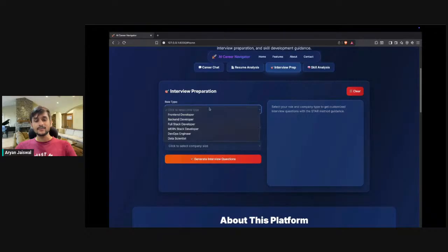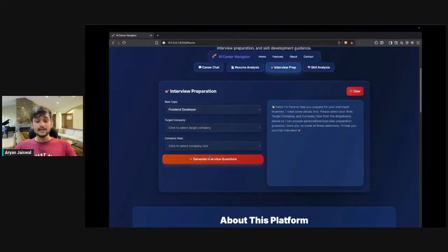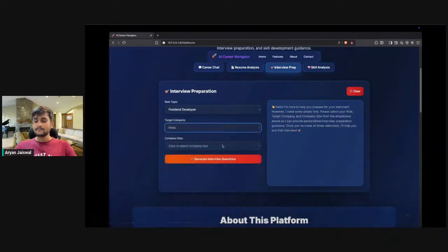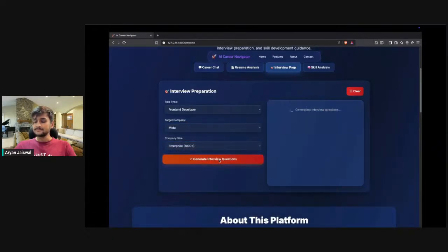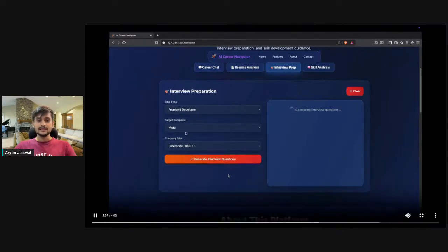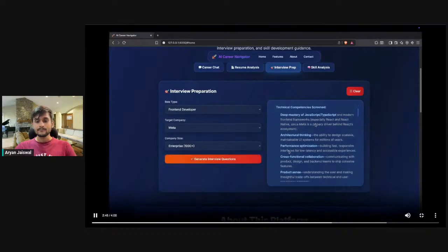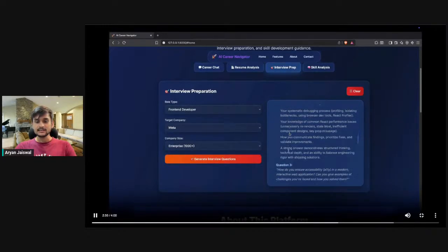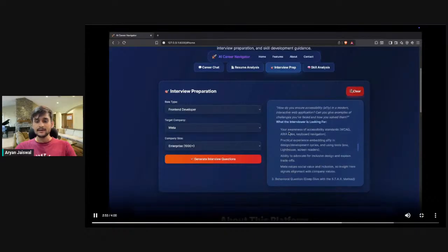Now we have an interview preparation feature, and similarly you can see it asks to select all of them. So it is mentioning the same. So let's see what happens. So we have selected three options. Based on that, it will guide you on how you can grow and how you can get to that particular role. So you can see the technical questions, behavioral questions, answers to them, and you are getting many other things.